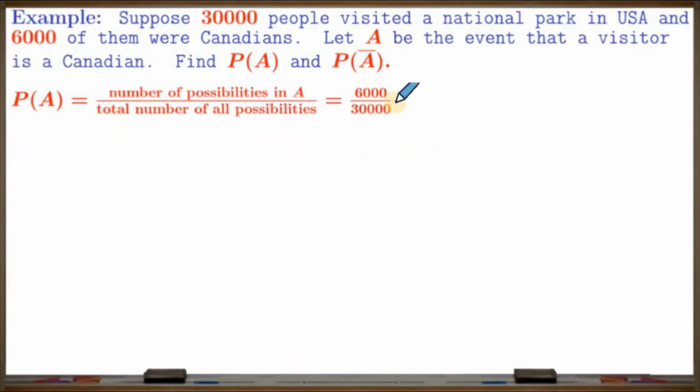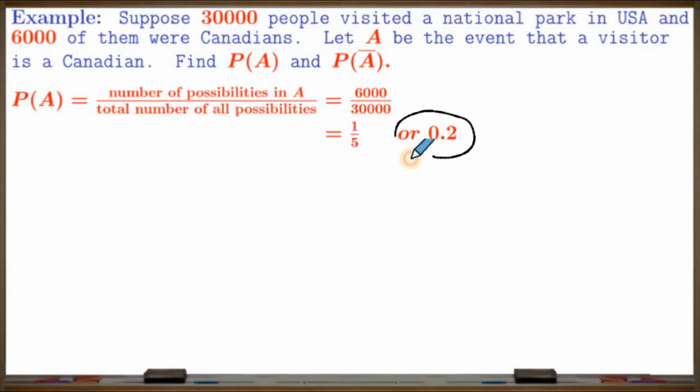From the question, we know number of possibilities in A is 6,000, and total number of all possibilities is 30,000. So we have 6,000 over 30,000, which is also equal to 1 over 5